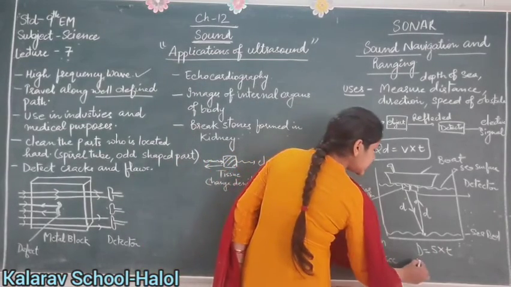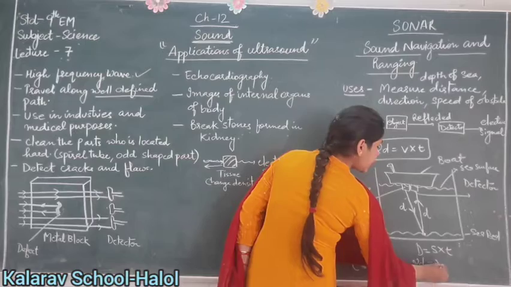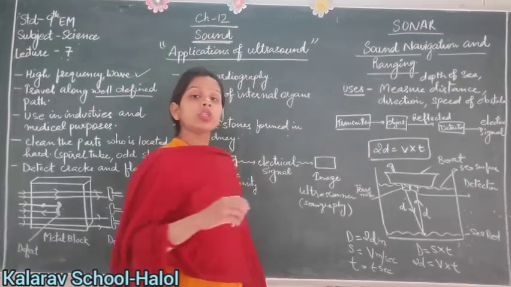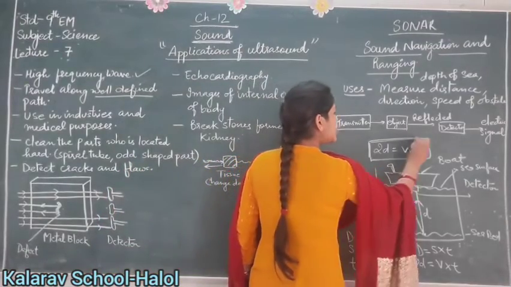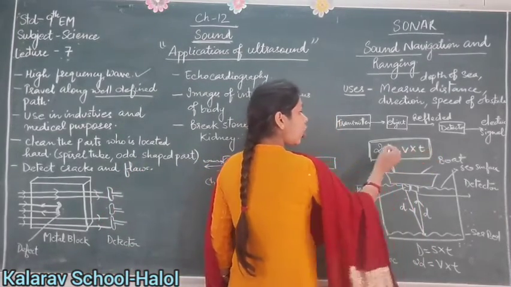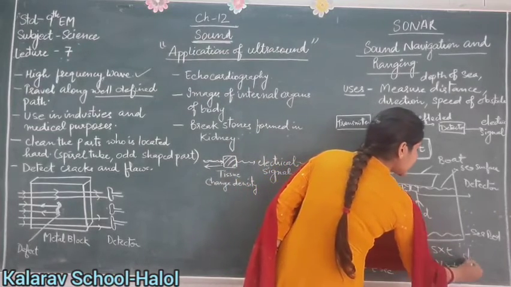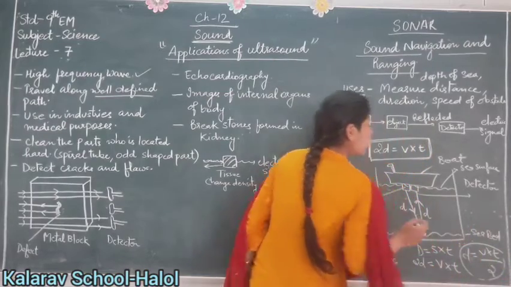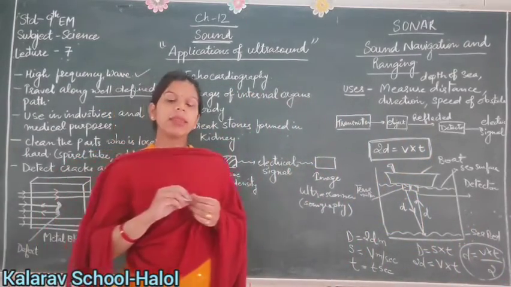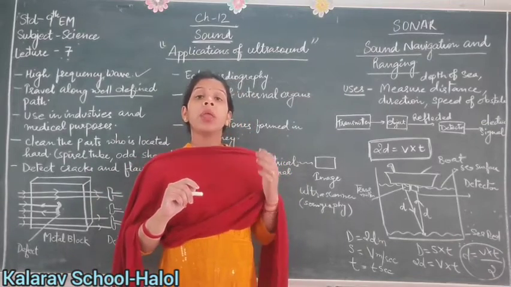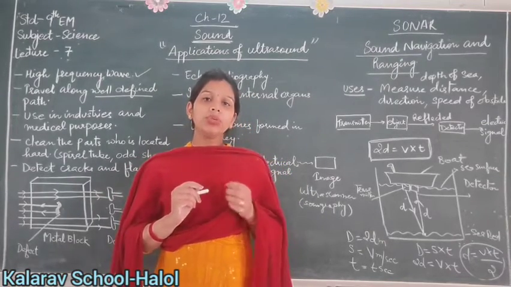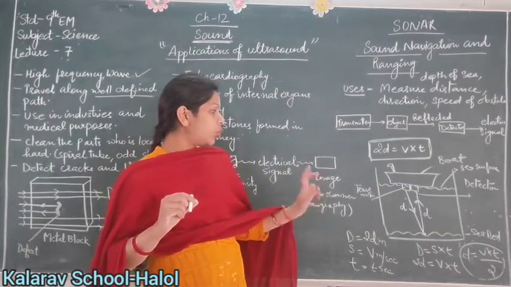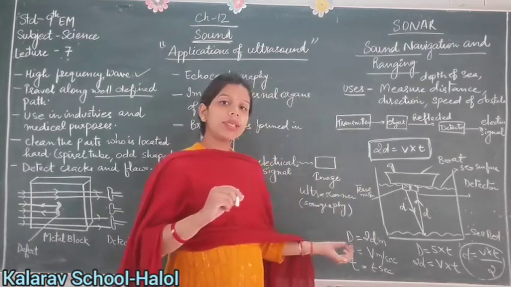So what is the distance? Distance is 2d. What is speed? Speed is v. And what is time? It is t seconds. So from this formula we can easily calculate v, t or d. For calculating the distance, we should multiply v by t and divide by 2. So in this way we can say that the distance traveled by an object can be detected using ultrasound wave techniques. You can try the numericals related to this formula.